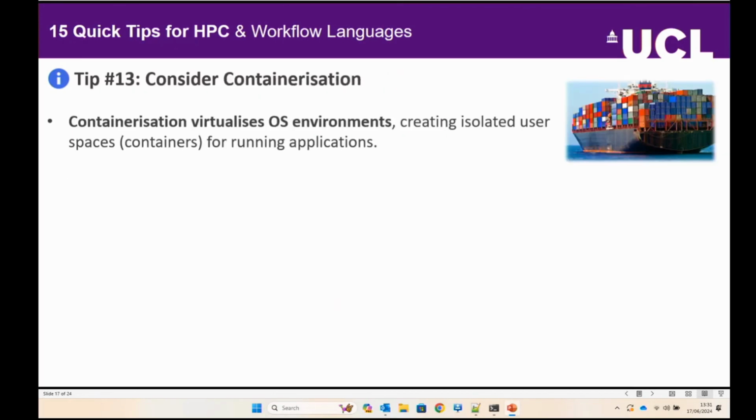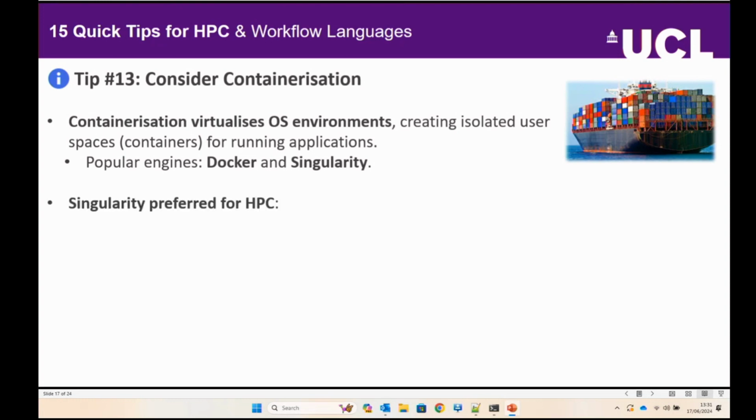Consider containerization. So containerization virtualizes operating systems environments by creating isolated user spaces, containers, for running applications. Most popular are Docker and Singularity. So Singularity is preferred for HPC. If we had a larger audience, I would kind of ask why, but since we don't,